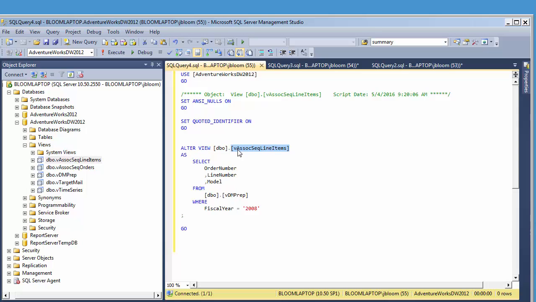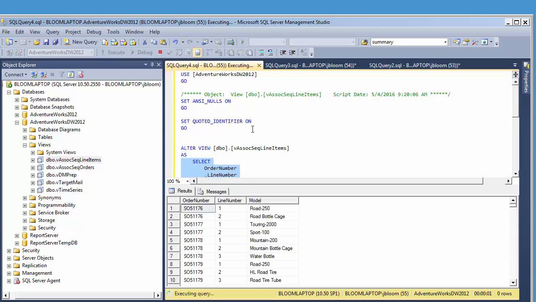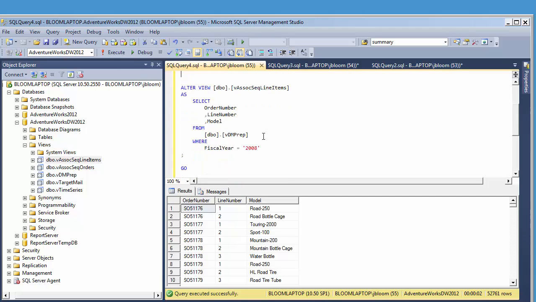It looks like in this case they prefixed it with a V. That's one naming convention. We also use the VW underscore, and there's a whole bunch of naming conventions, whatever your shop uses. Then you specify AS, and then your select statement, which is pretty standard in the SQL Server world or any SQL statement, and it's typically a select and a from and a where. We can go ahead and highlight that and click on execute, and guess what? It's going to return some results. That's nice. And then it looks like it's only selecting the fiscal year 2008 from this view, which is interesting